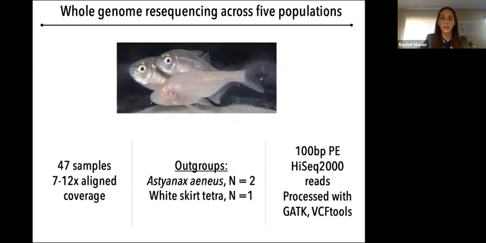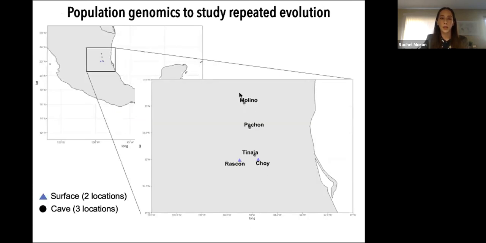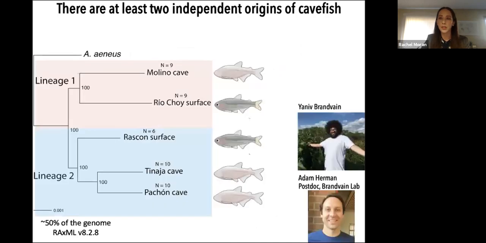So to try to begin to answer some of these questions in the system, our lab recently conducted whole genome resequencing for 47 individuals across 5 populations. And this included 3 caves, Molino, Pachone, Tinaja, and then 2 surface populations, Rascon and Choi. This work was conducted in collaboration with Yaniv Brandvain's group, also at University of Minnesota, and led by former